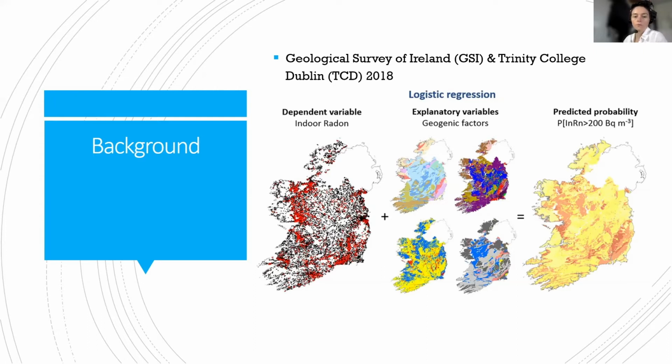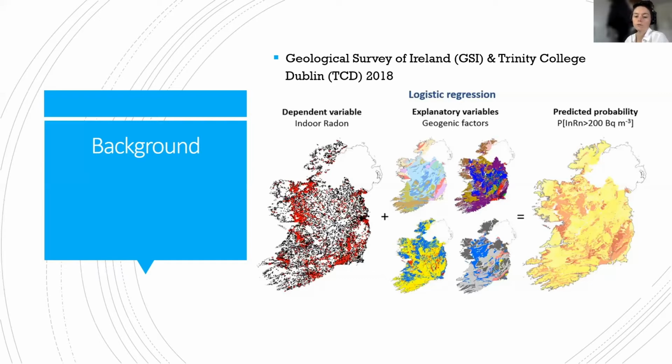We can see the output from that study is the predicted probability map on the right. It's a clear improvement for spatial resolution compared to our current 10 kilometer grid squares. But before adopting this revised map as the EPA radon risk map, a full assessment of the methodologies and the data was carried out. So this presentation covers specifically the introduction of standard and spatial cross-validation